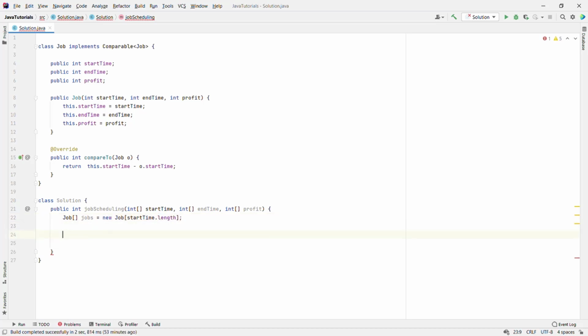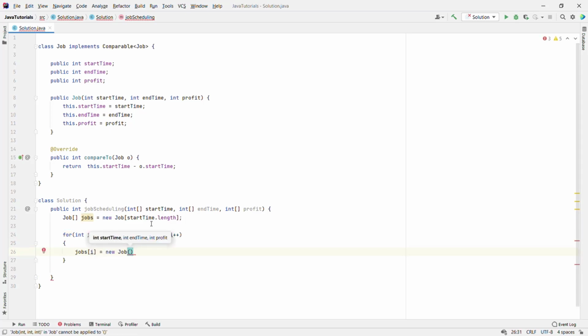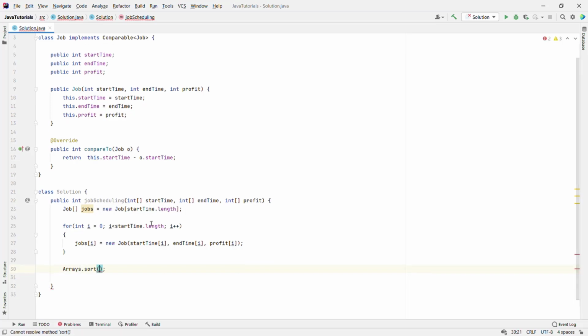And then I'm going to fill in all these objects. After filling in the array, I'm going to sort it. And once the sorting is done,